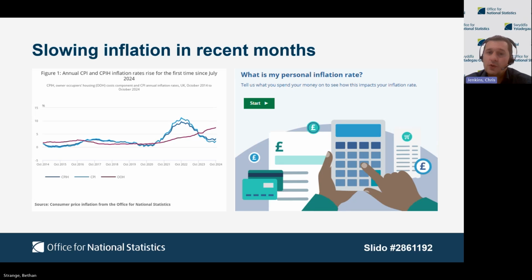So once we have our virtual basket, we have our weights and we have our prices, we can combine them together to produce our measures of consumer inflation. The chart on the left shows the CPI, the CPIH, and owner-occupier housing costs over the last 12 years in terms of the annual inflation rate, which we published yesterday. So the annual inflation rate reflects the percentage change for the cost of the current month's basket compared to the same month last year. So an inflation rate of 3.2% means, on average, the basket is 3.2% more expensive than